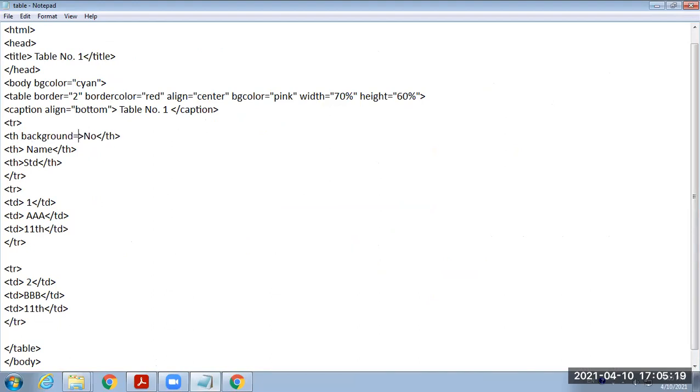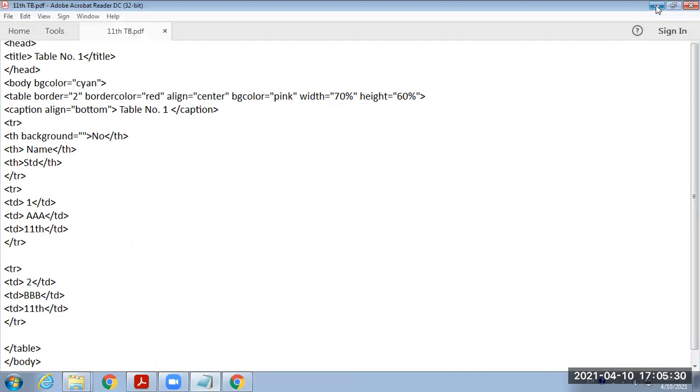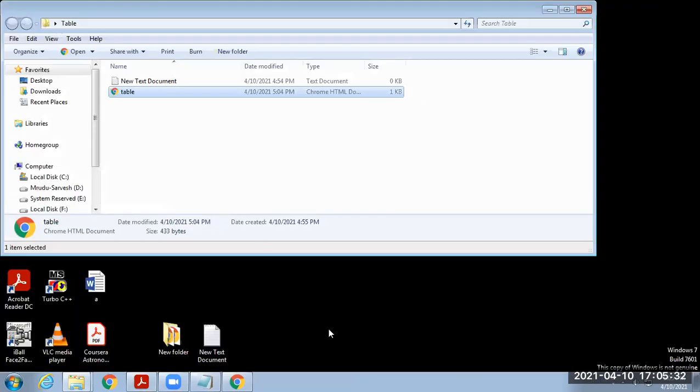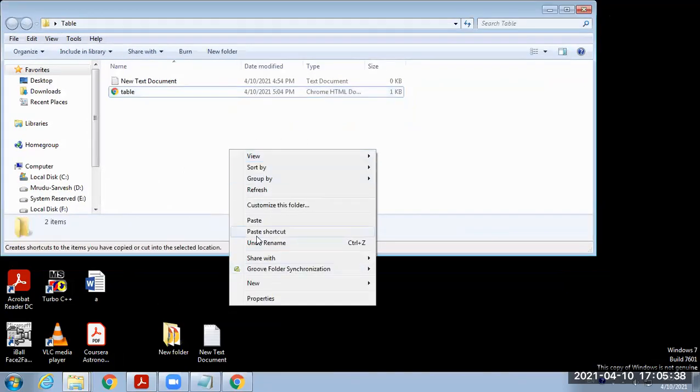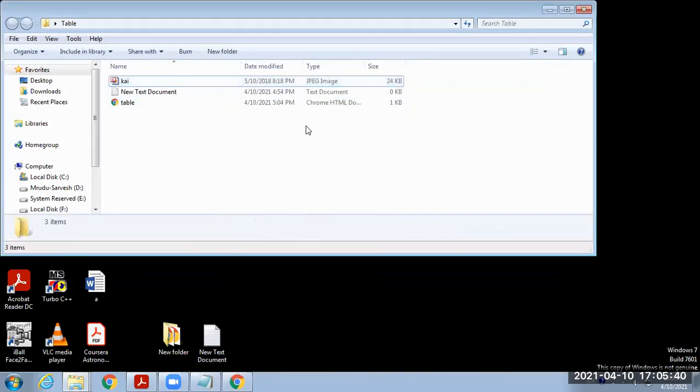Background equal to, we have to take one JPG image from the C drive. Now you know how to display the image. I already have one image. I will just copy it and paste it in my folder. Its image name is KAI. Its type is JPG.